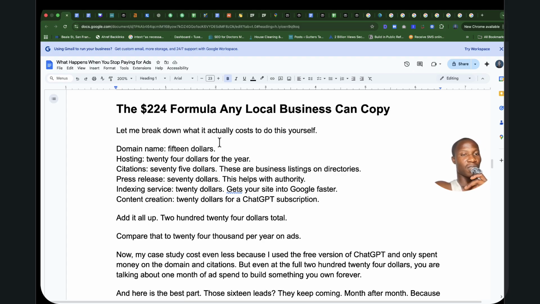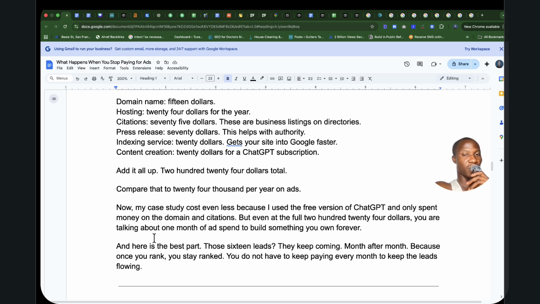So the domains cost $15, hosting $24, citations $75, press release $70, indexation of those links $20, and content creation $20 for ChatGPT subscription. If you add it all up, you get $224 in total. Compare that to spending $2,000 per year on ads. Now, my case study even cost less because I used a free version of ChatGPT and also spent money on just domain and citations. But even at the $220, you're talking about